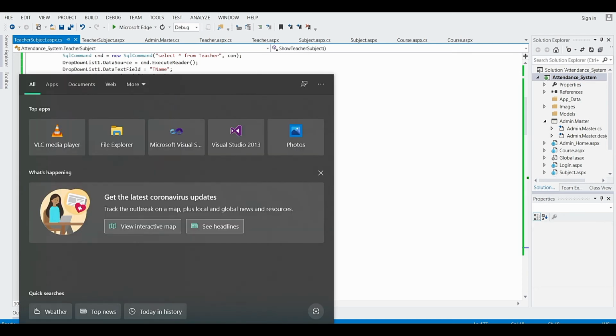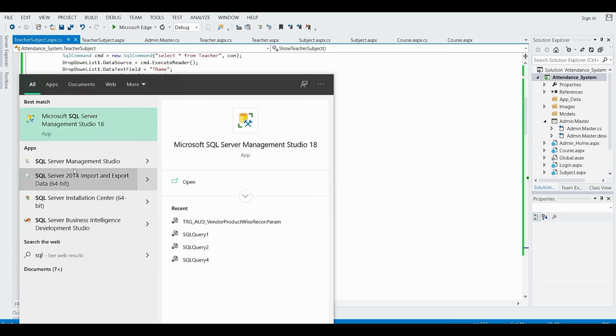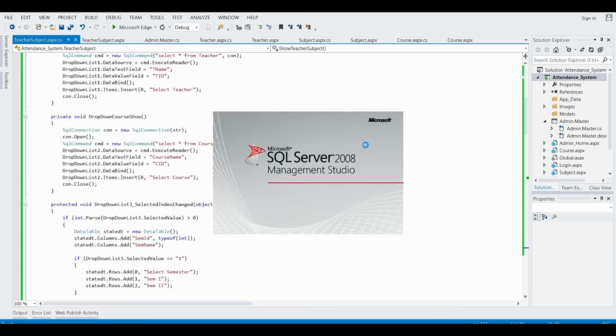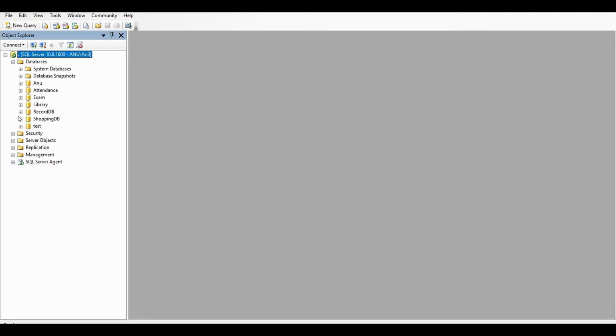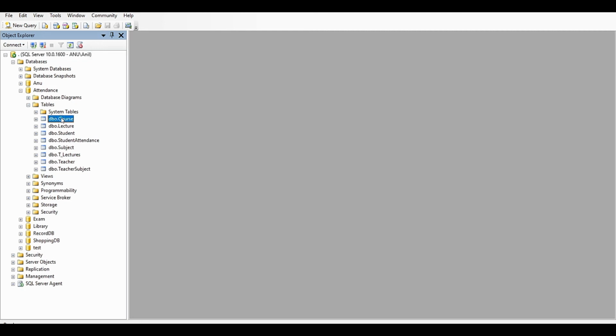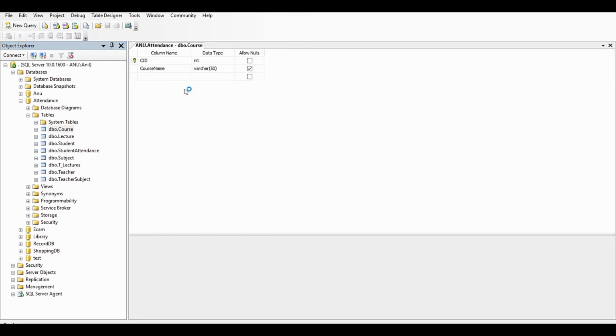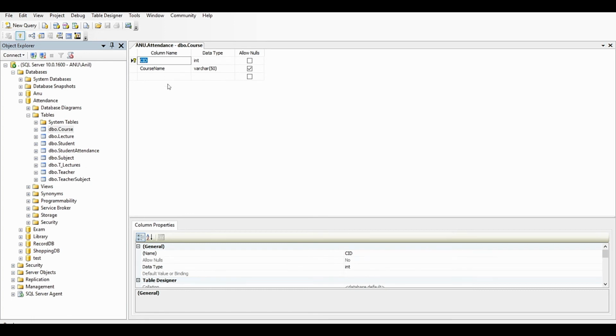Let me show you. Here in the course table, there are two columns, CID, that is course ID, and course name.